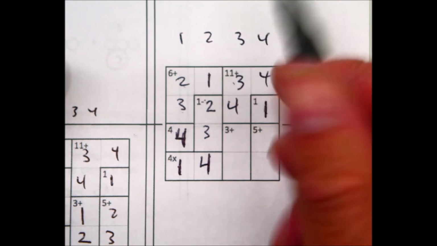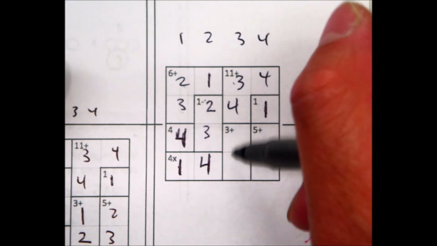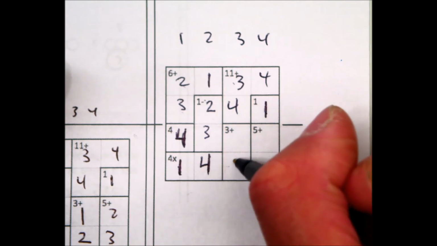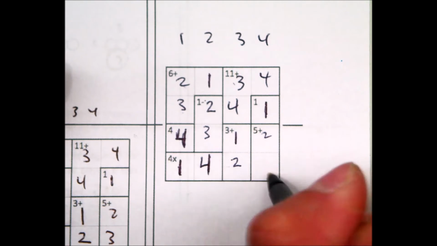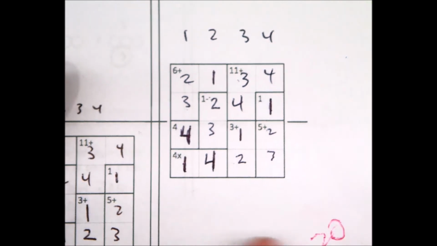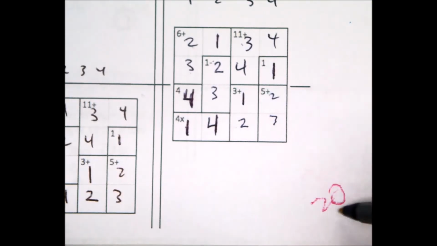Just to finish this up, I need two numbers here. So I'm thinking the only numbers that are left are 2 and 1. I can't put a 1 here, so this will be my 2, and there goes the... I'm missing a 2. I'm missing a 3, and 2 plus 3 is 5. That side was worth 20, so